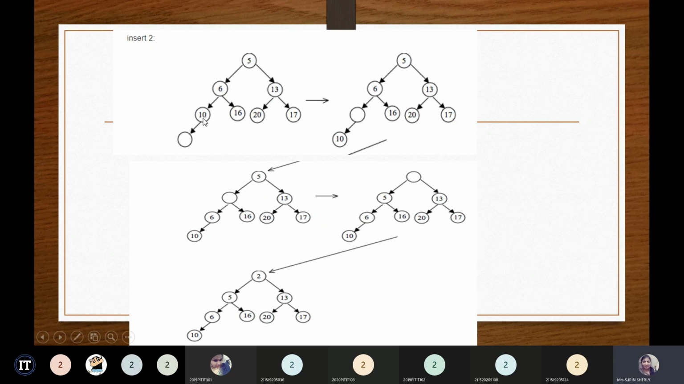2 is less than 10. So we want to place the value 10 in this empty place. So as shown in this diagram, the 10 will be pushed to this empty node. So a hole will be created here. In this position, when you try to insert 2 here, is it possible to insert 2 here? No,